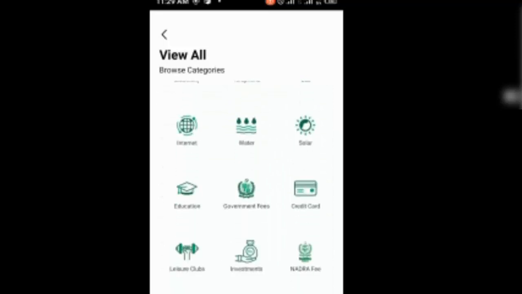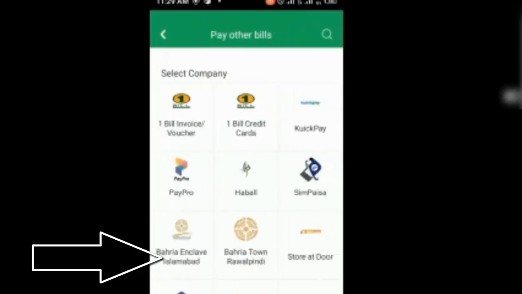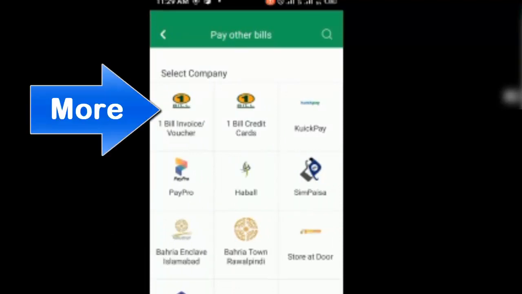Yes, and after that you need to scroll down and click on others over here. Done. Okay, after that you need to click on one bill voucher. It's written there, one bill voucher, the first one. Click on it,